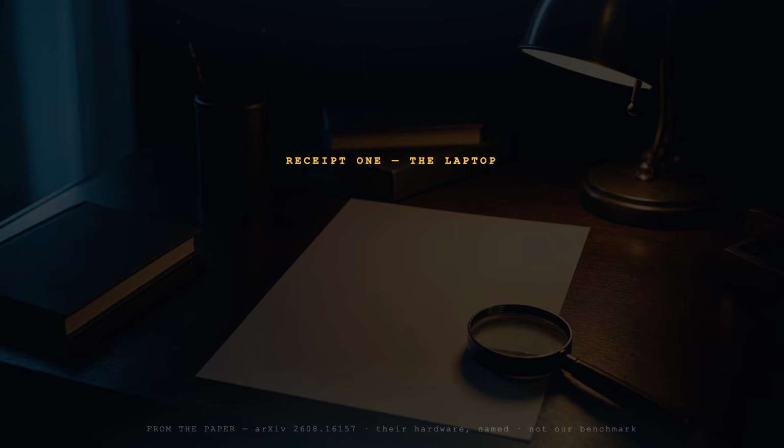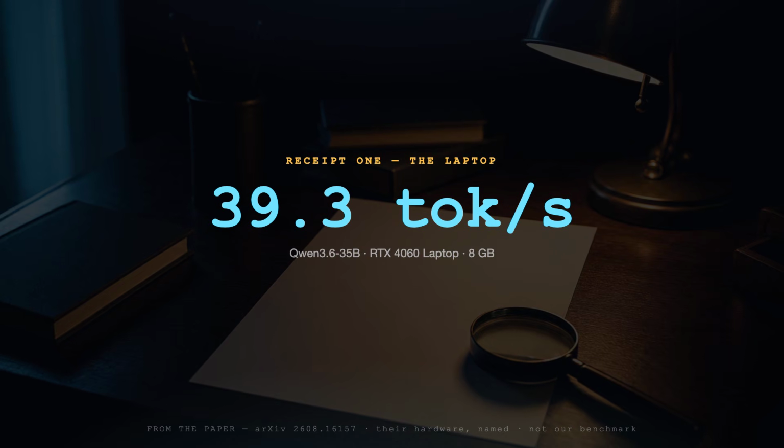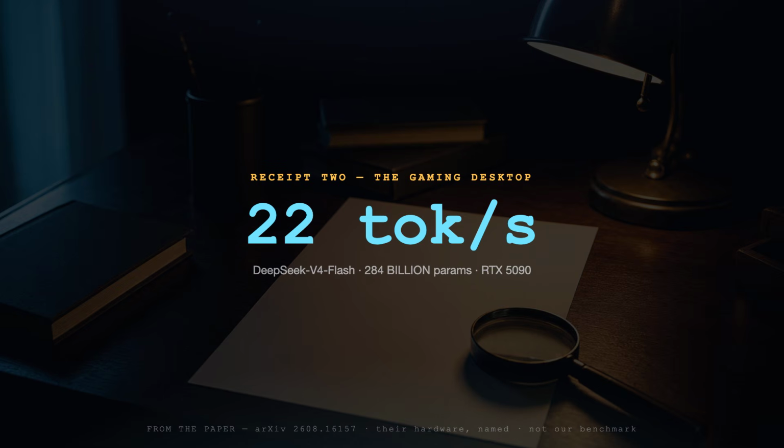Now the receipts, straight from the paper, with the hardware named. An 8 GB RTX 4060 laptop GPU, running Qwen 3.6, 35 billion parameters at 39.3 tokens per second. That is 92% of what a desktop 4090 gets. An RTX 5090 running DeepSeek V4 Flash,